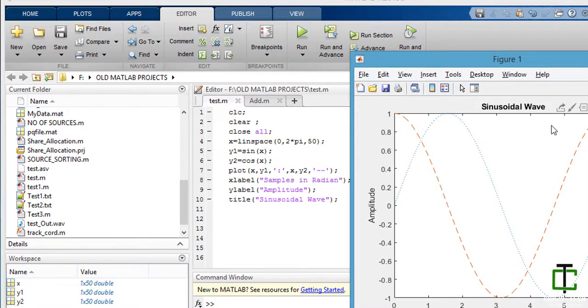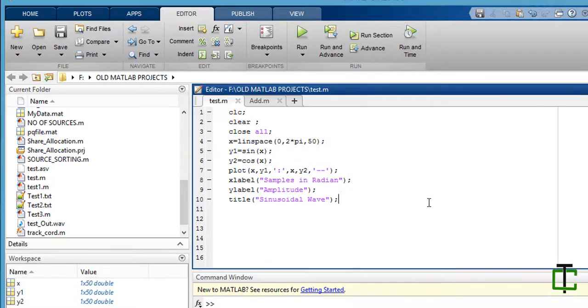I want to write something here so that my user can visualize clearly what these two curves signify. I could do that by using a function called legend.